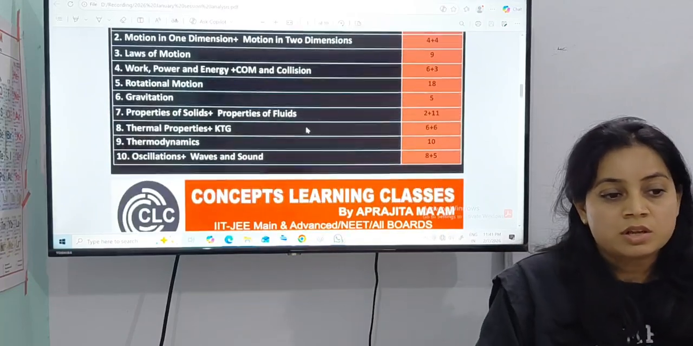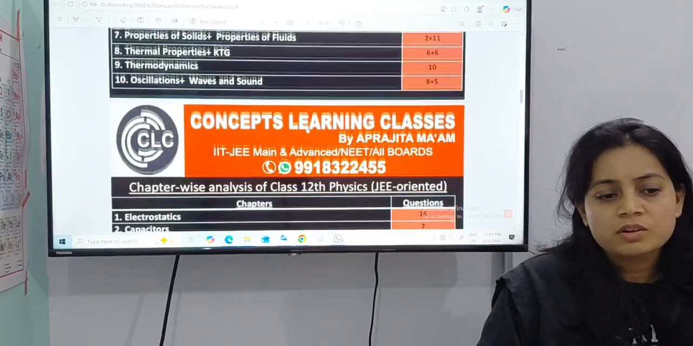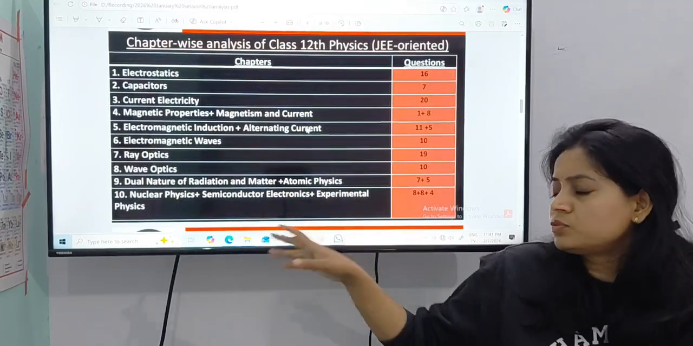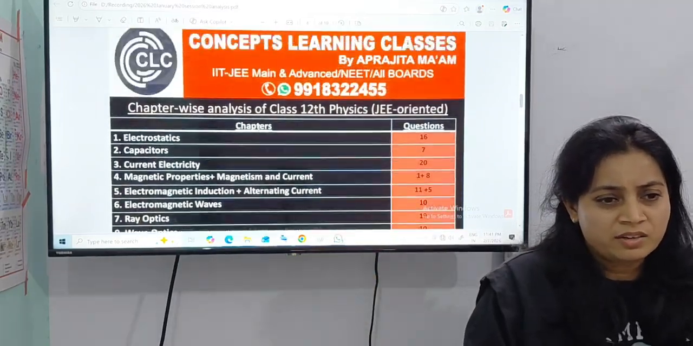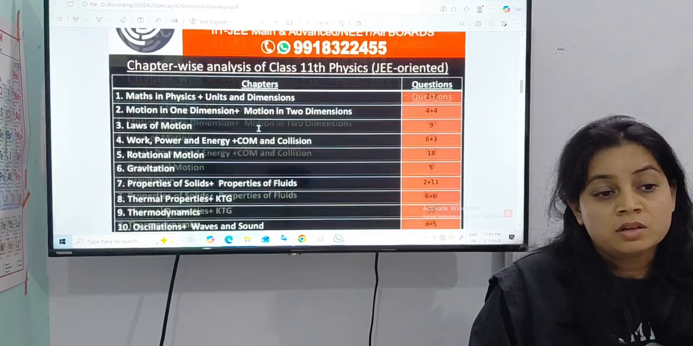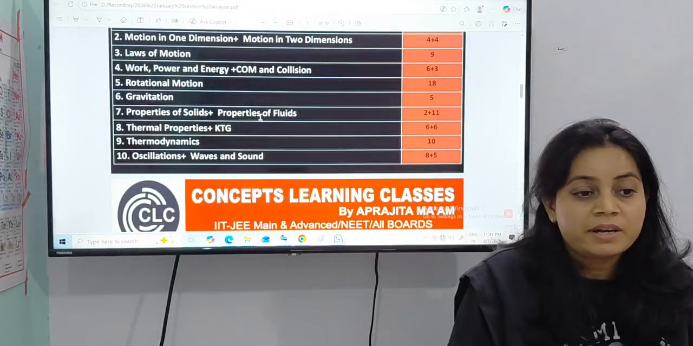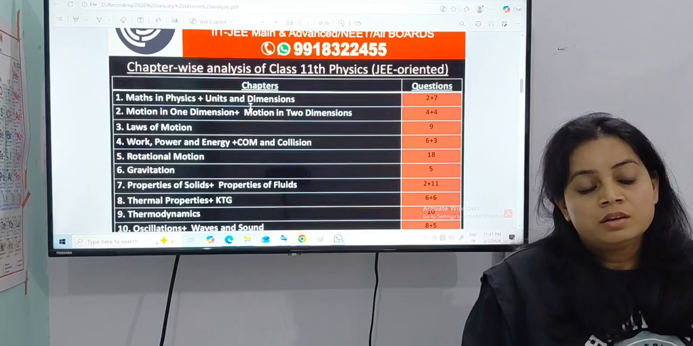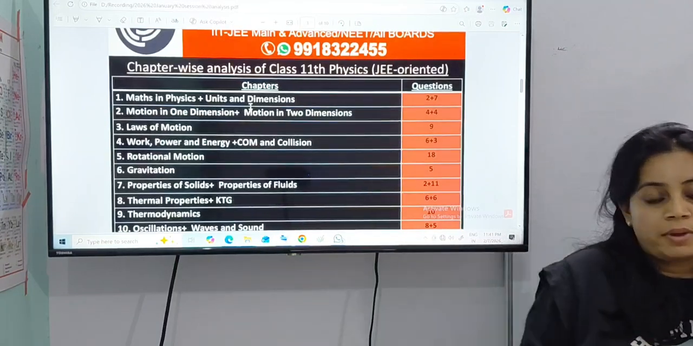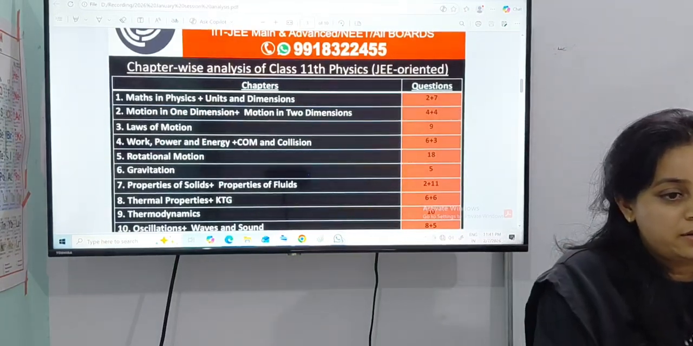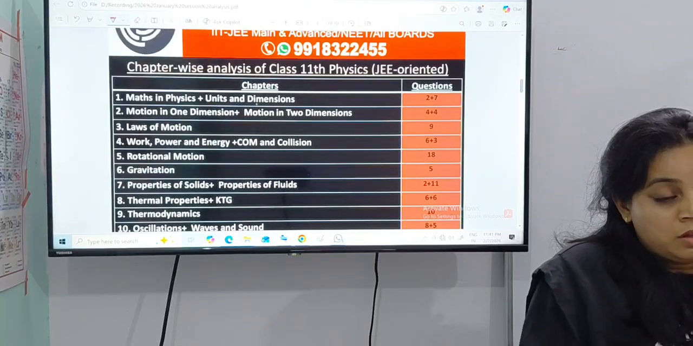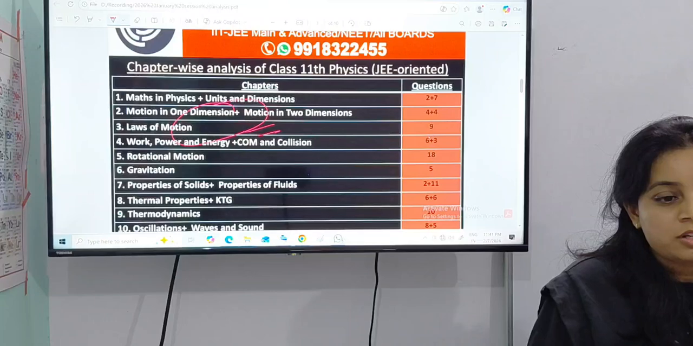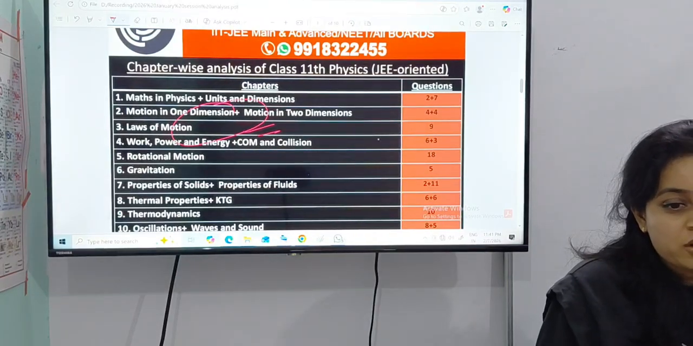and I have divided it into 10 slots, because in 11th and 12th we have approximately 25 chapters, or if I divide it into 2-3 parts, then there are so many chapters. So I have categorized it into 10 slots so that I can discuss each and every topic properly in the class, right? If you see, this is the kinematics portion, and the kinematics portion is important,